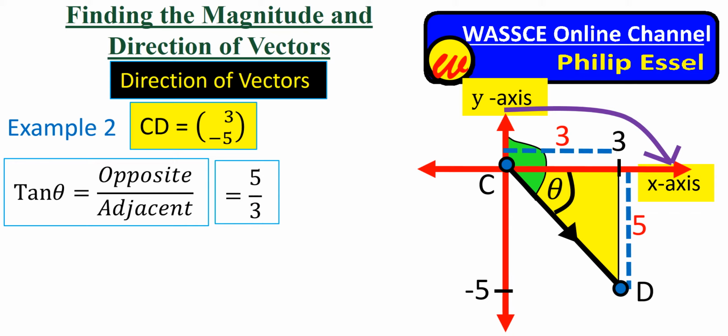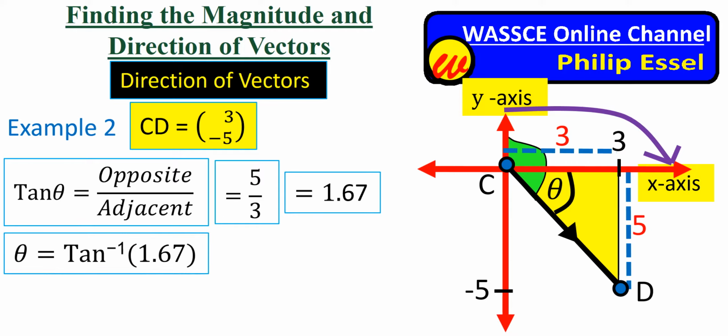5 divided by 3 would give us 1.67. Theta would therefore be equal to tan inverse of 1.67. When you put this on your calculator, our theta will be 59 degrees. It is very important for us, however, to note that the 59 degrees is not the direction or